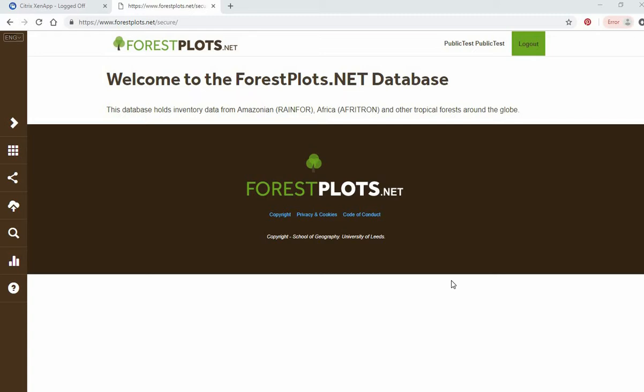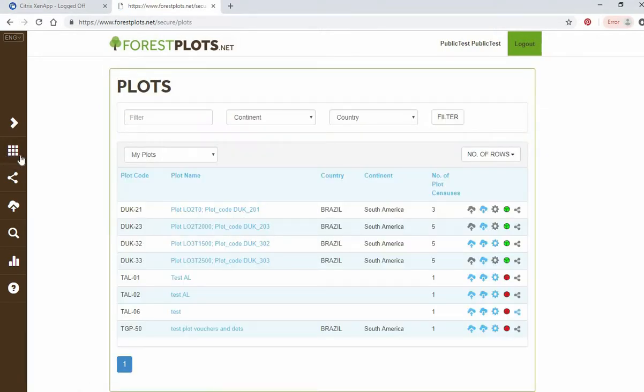Determinations can be updated using four options. Firstly, you can update tree or liana determinations manually one by one through the forestplots.net interface. This might be something if there's just one or two to update, you might be interested in doing it this way. So go to your plot,